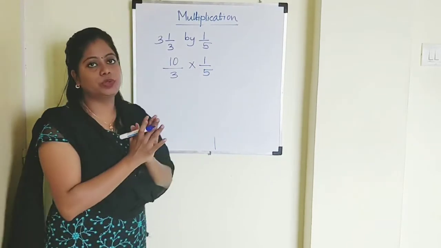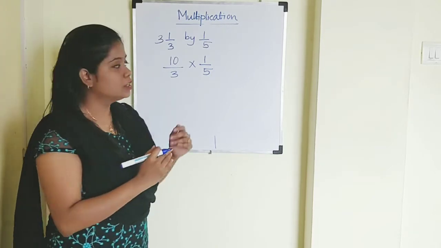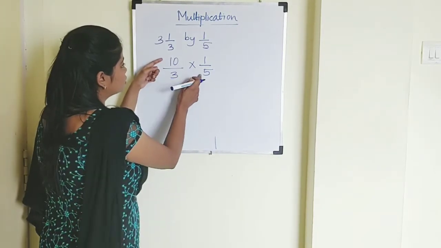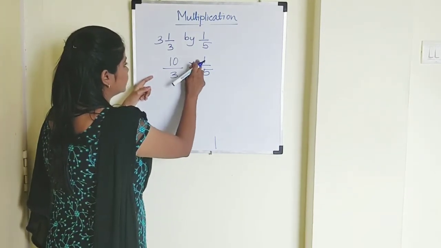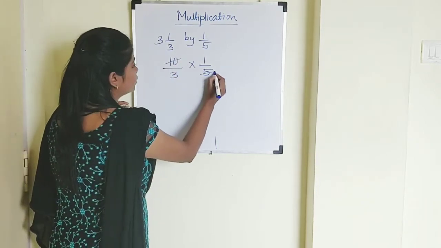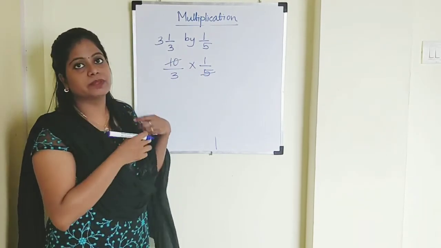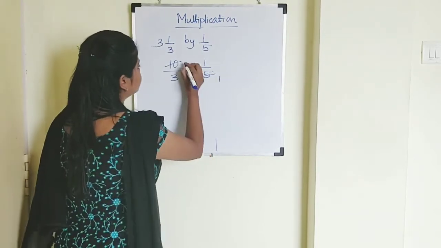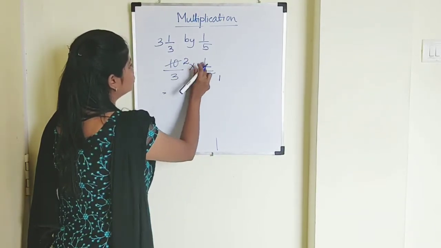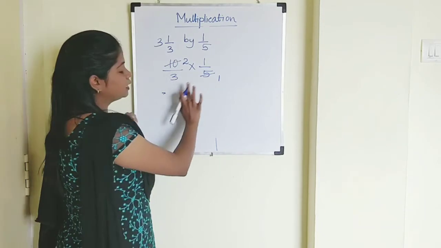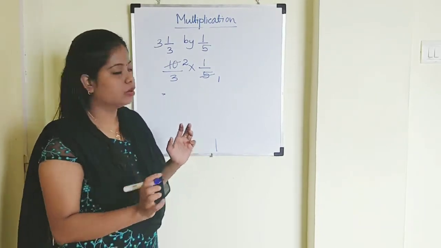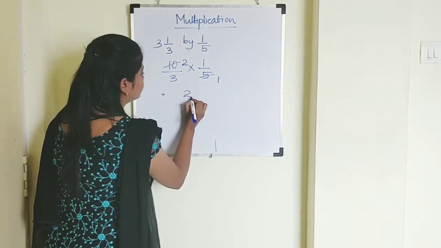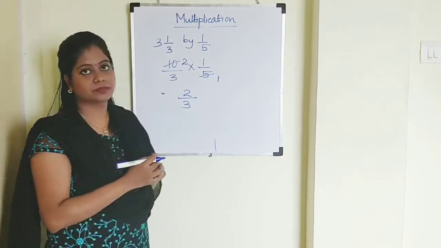Now as I told you, you need to try to cross out the numbers. So I can cross out like this, opposite or up and down. I cannot cross like this. So I can cross these two numbers as they both have something common in them, right? They both go in the same table. So 5 1s are, 5 2s are. So 2 and 1, 3 and 1. Anything else can I cross out? No, right? So the answer is 2 upon 3.